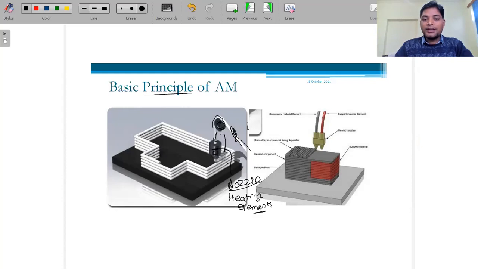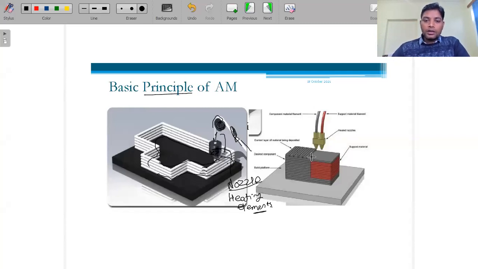Whatever material is melted over there will be pushed out. Whenever it pushes the liquid material, this liquid material will move over the workpiece surface, or we can say flat plate. This is like a white color filament. From somewhere here we have started, for example. So here we started, and this is the first layer formed. Now this is the second layer, third layer, fourth layer, and this is running in the fifth layer. So this is how we are creating these 3D models.